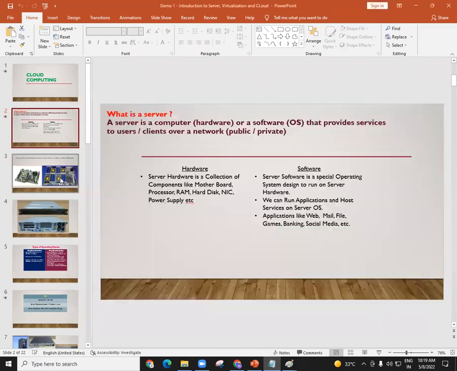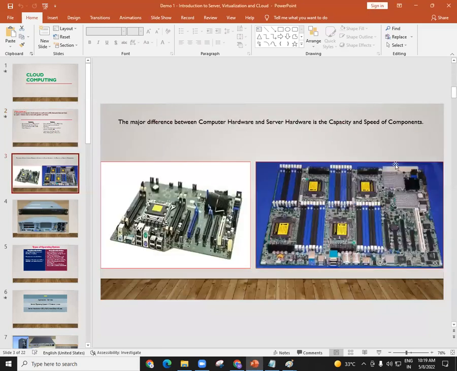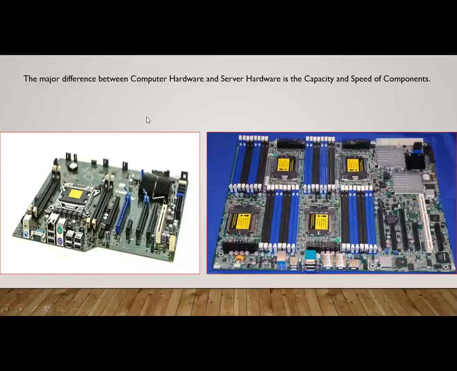Okay, let me just take you to the motherboard. This is actually your computer motherboard and a server motherboard. The left side on your screen is a desktop motherboard and the right side of your screen is a server motherboard. See here carefully. How many processors can you see here? There is only one CPU socket here, right? It can be i3, i5, i7, whatever, but it is only one. But coming to server, 1, 2, 3, 4. So there are slots for 4 CPUs. Remember, I told you the speed will be different. So 4 CPUs means just imagine the speed of your server. That will be too fast.